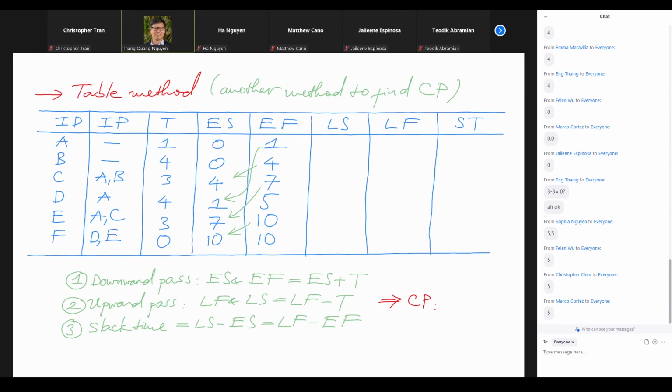Then one more time, we have to impose a condition that we don't want to delay the wedding day at all, right? We want to keep the wedding day at the end of the 10 weeks. So we fill in that number 10 right here, right? The first thing we do. And then because it takes 0 weeks, we take that 10, subtract 0, then we have the 10,